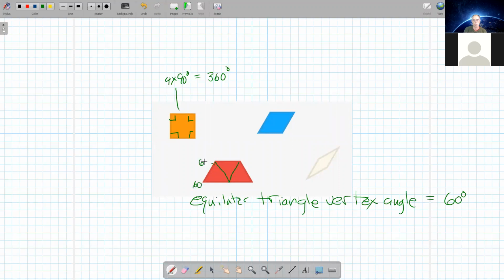This one must be a 60-degree angle. This one must be a 60-degree angle. That's a 60-degree angle. That's 60. And that right there is also 60. So this gives me a sweep of 120 degrees up there at the top. That gives me another 120. And if I take 120 plus 120 plus 120, oh, lied, plus 60 plus 60,